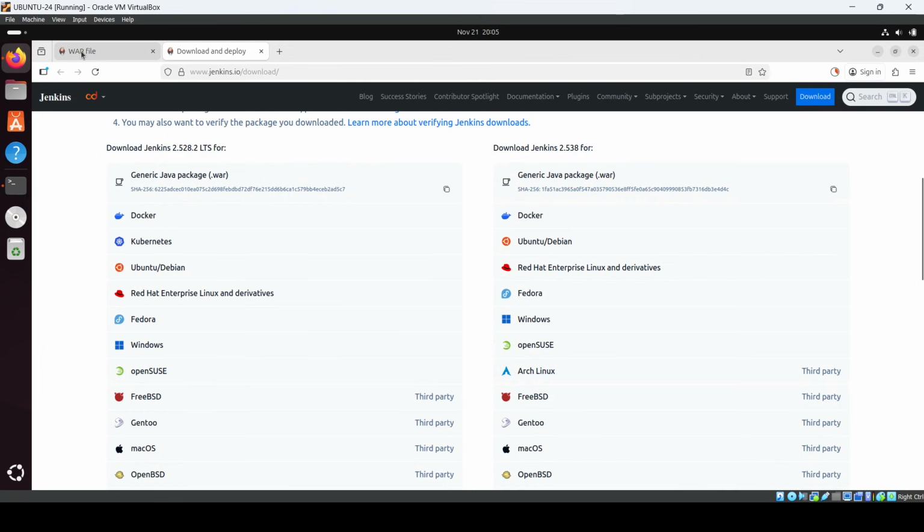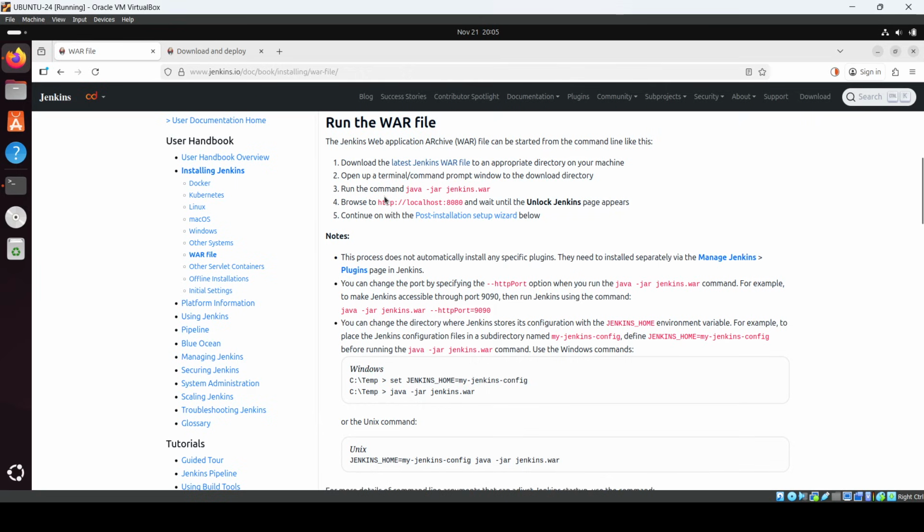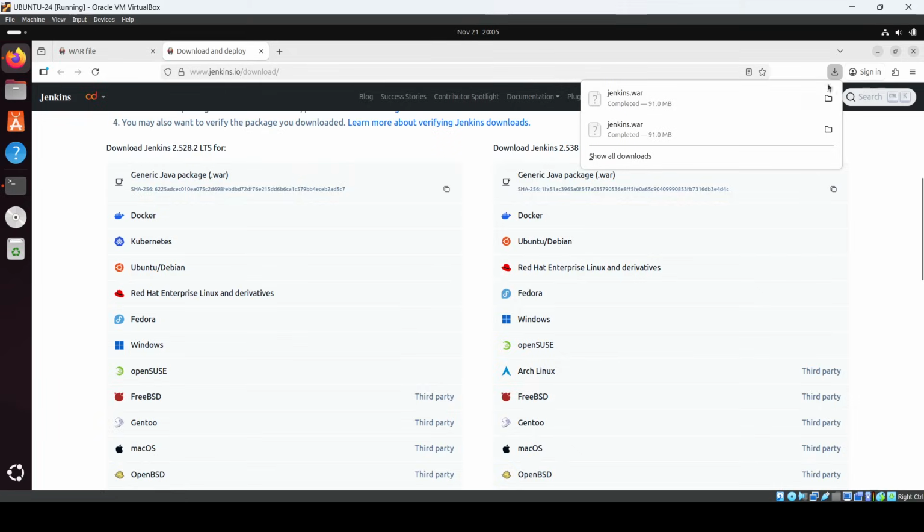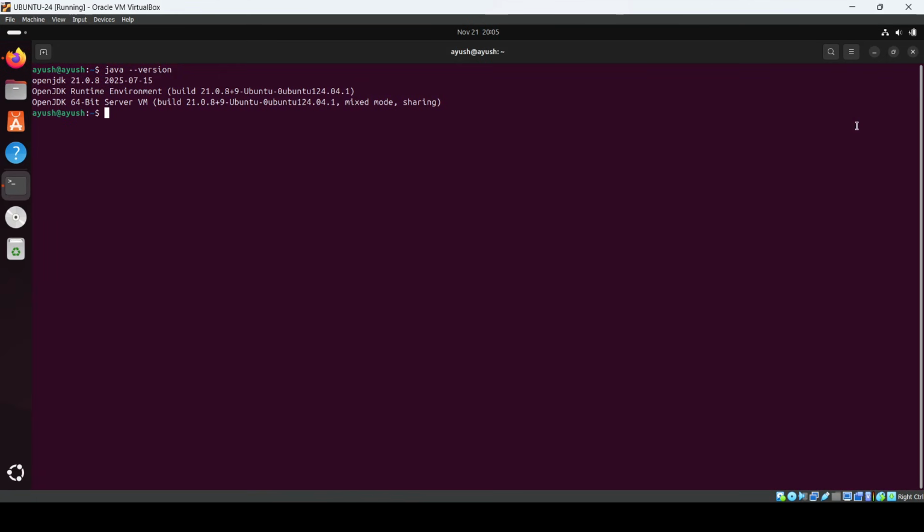Once it's done, you have to open up a terminal or command prompt anywhere, and then run this command, java -jar jenkins.war. The same thing we are going to do. So we'll create a Jenkins directory. It has been downloaded into the downloads directory. If we go there in downloads, you will see this. So what we are going to do is create a directory with the name Jenkins, and then we are going to move the